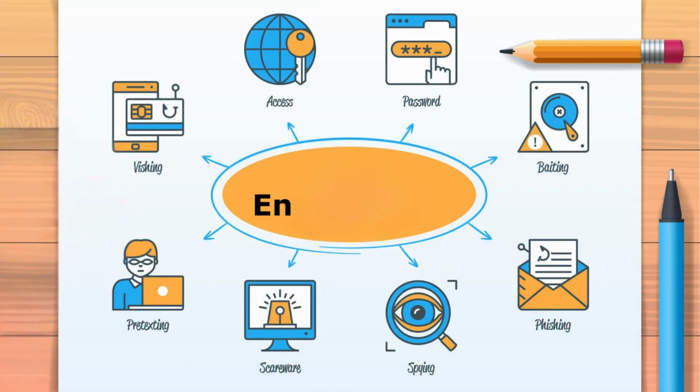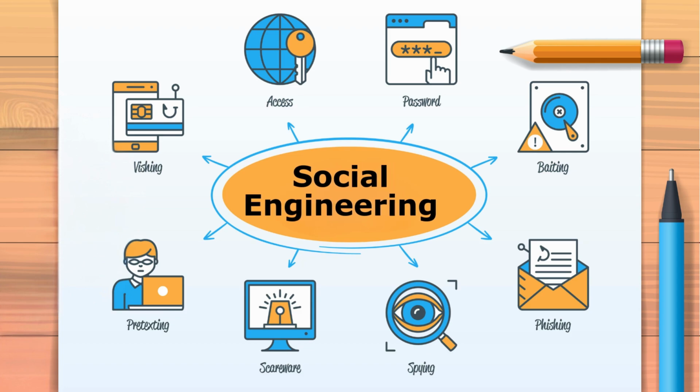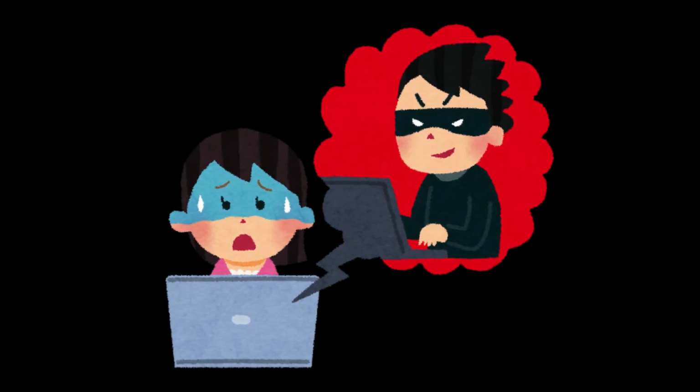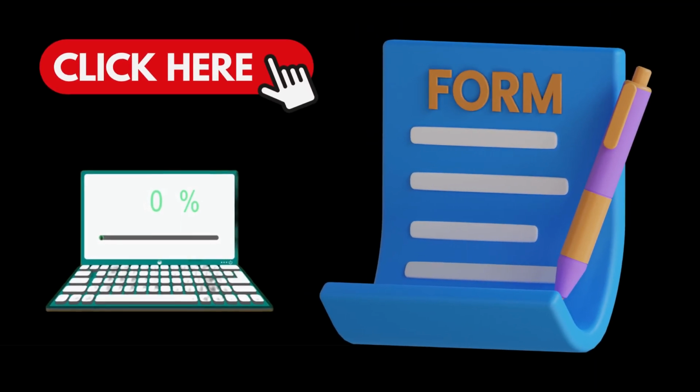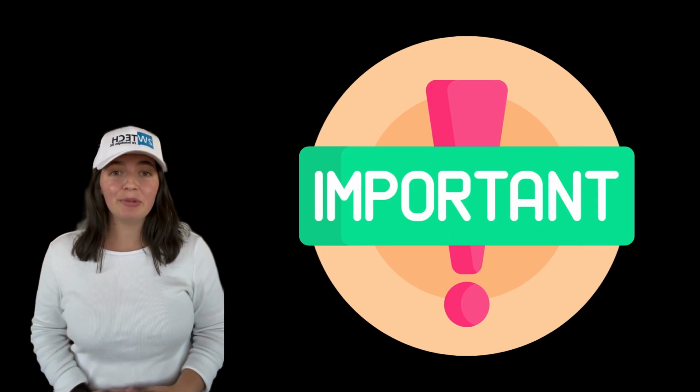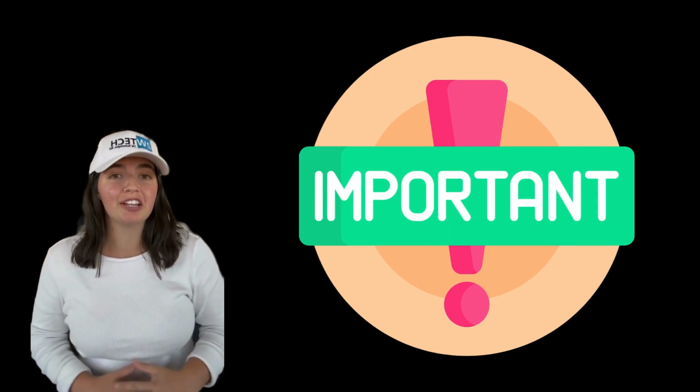Have you heard of the term social engineering? Well, it's this concept of trying to get you to do something and do it immediately. Whether bad actors are trying to scare you or excite you, it's an example of social engineering. Their way to get your info by getting you to click, fill out, or download something. So next time you get a message with urgency, double check its authenticity.